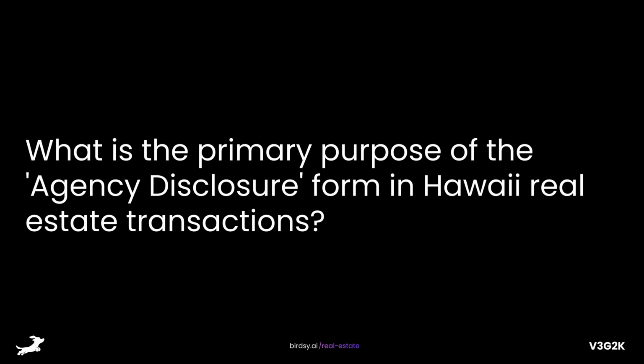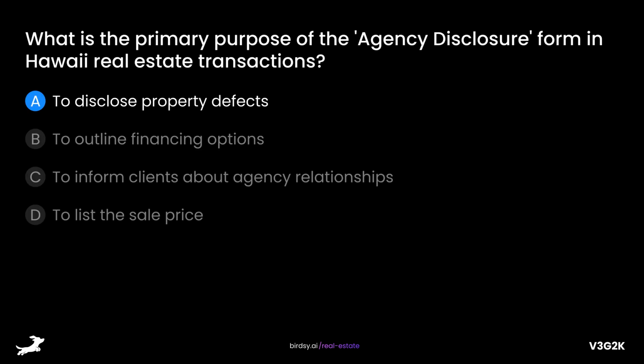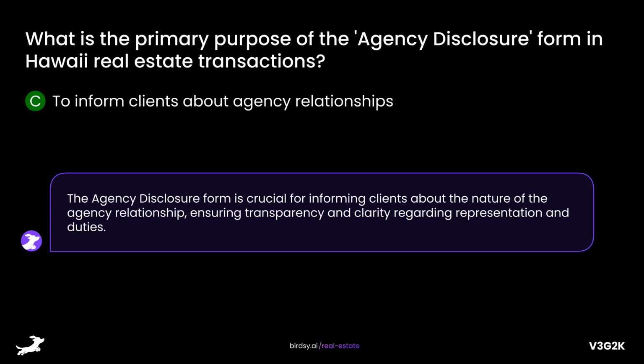What is the primary purpose of the agency disclosure form in Hawaii real estate transactions? Is it A, to disclose property defects, B, to outline financing options, C, to inform clients about agency relationships, or D, to list the sale price? The answer is C, to inform clients about agency relationships. The agency disclosure form is crucial for informing clients about the nature of the agency relationship, ensuring transparency and clarity